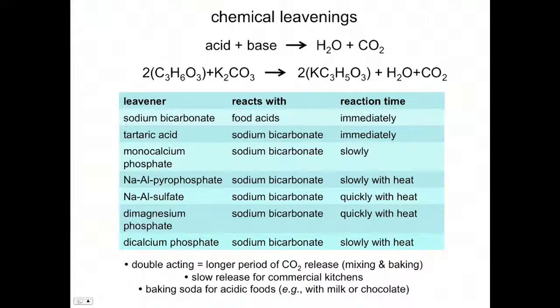Acetic acid in vinegar is a good example. Tartaric acid, right, one of the main ingredients of baking powder. Lactic acid, obviously, in sourdough breads, as we have discussed and we'll discuss more. Naturally present organic acids can provide chemical leavening. That's so important and interesting and gives rise to lots of other possibilities in the kitchen. So that's where we're going to go with our chocolate brownies. But first,